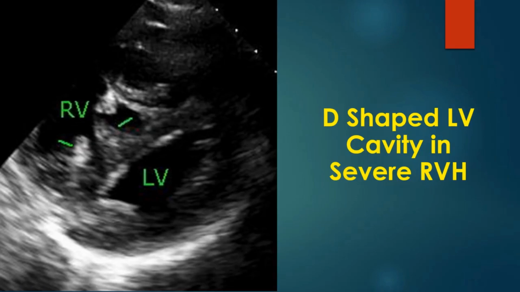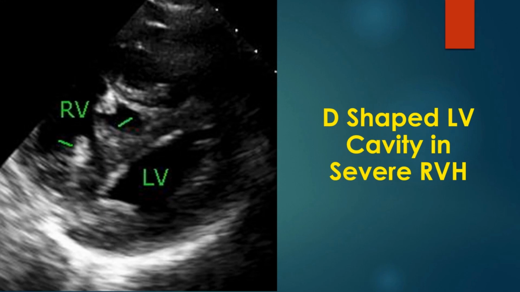This is an echo image from the parasternal short axis view. Normally, the LV cavity has a circular shape in this view. When there is RV volume overload, the interventricular septum bulges towards the LV and the LV cavity assumes a D shape in diastole. But as the LV contracts in systole, the pressure rises above that of RV and the LV